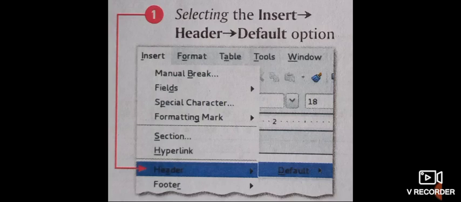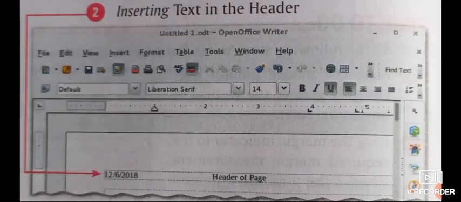To add a header, we click on the Insert tab. Now from there we click on Header and the Default option. As we click on it, a header section appears at the top of the document.